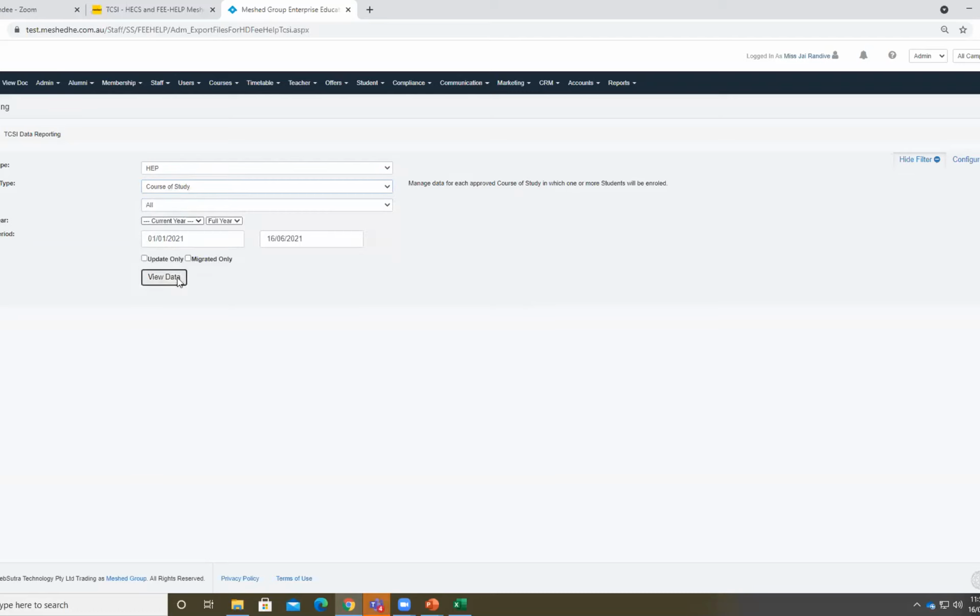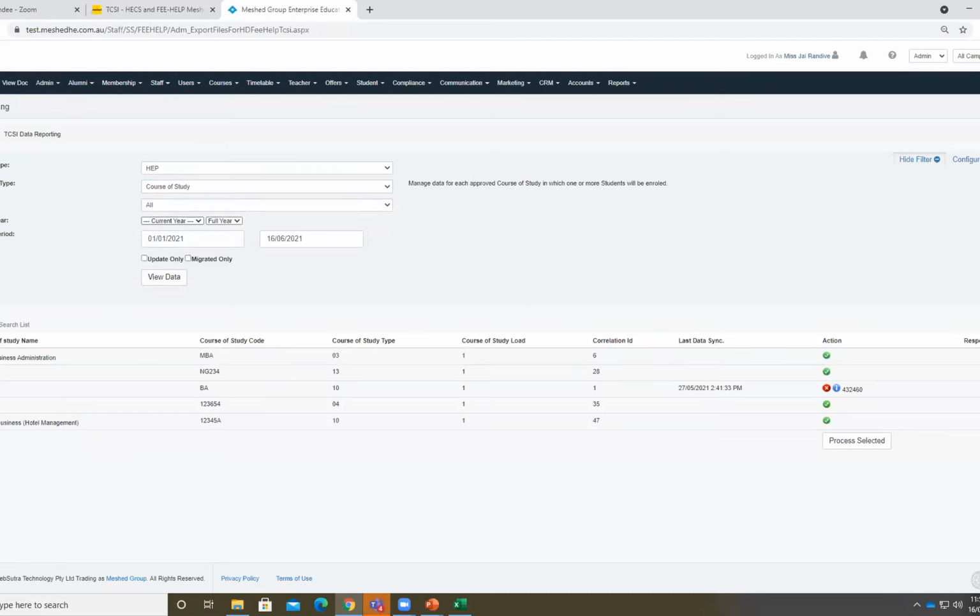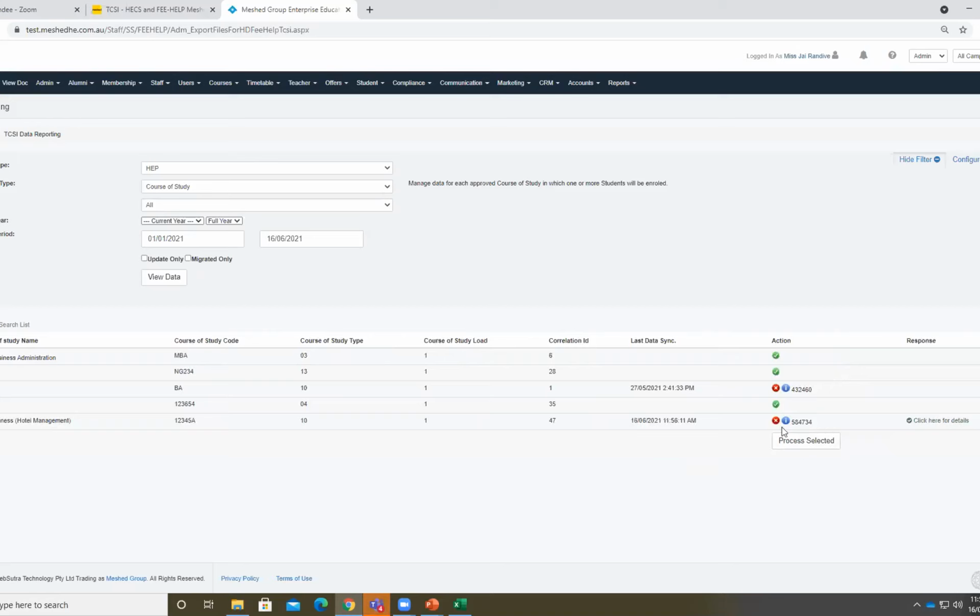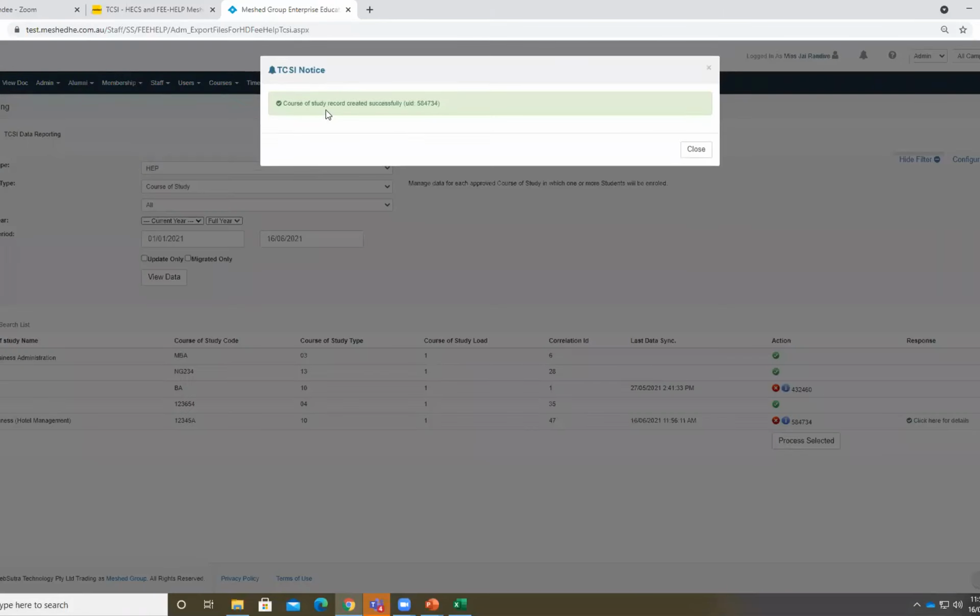Let's start with the course of study. For this session, I have created one test data for the Bachelor of Business course. There are icons over here. I can either report them in bulk or do that manually, individually. Once I click on the green button, it will post that data. As data is posted without errors, I'm getting the message in green color. You can also see the response that course of study was created successfully, along with the UID, which is the numerical value we are getting over here.